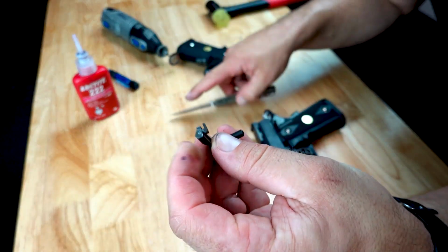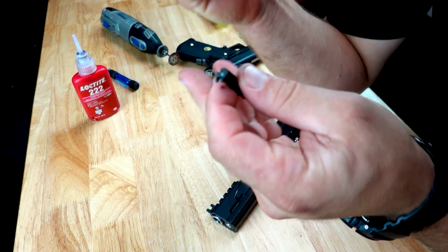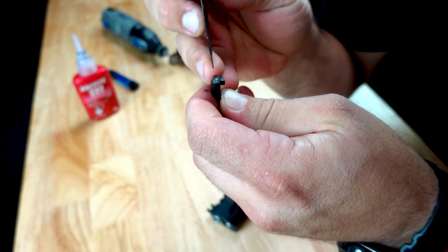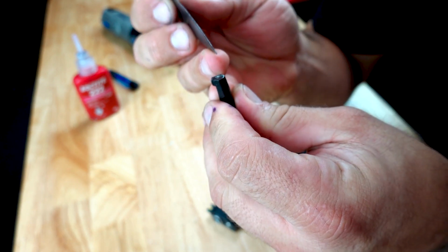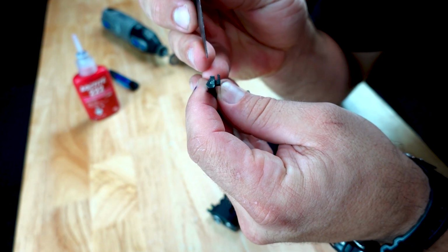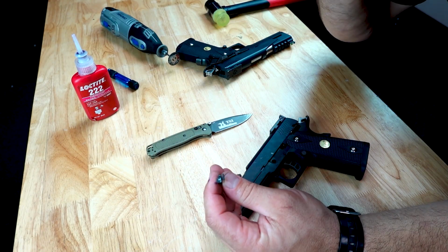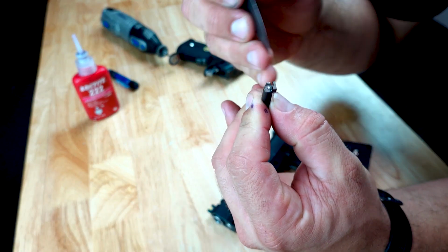Okay, so what does that mean? Well, when we're looking at the camera here, the pin on the frame, this little pin, sits behind this little ledge here. Now, for some reason, they have a casting bump right here. That silver bit is a bump in this casting. Now, that bump is there intentionally so that you have to push your slide pin up into the half moon for it to unlock. But unfortunately, that casting there seems to be the exact point where this pin sits, which means it's not got this spring pin sitting behind this ledge, which is all it is required to stop it